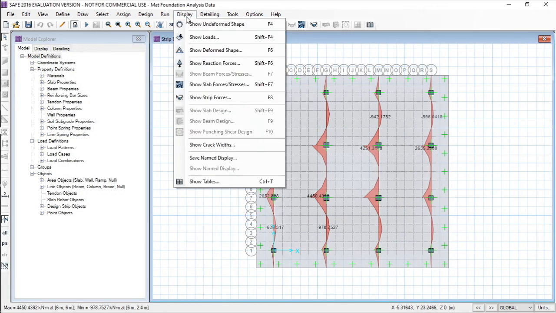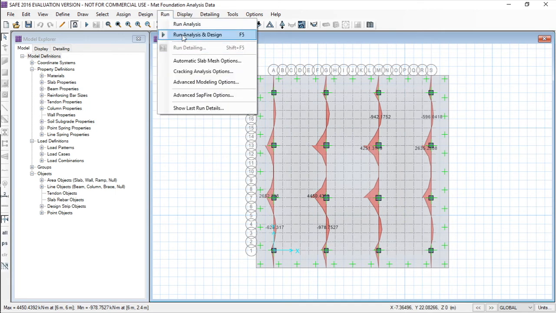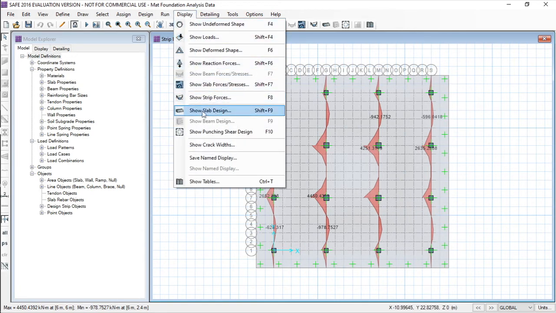For the other results, just run analysis and design strips. Okay, all done. Now go to display and go to show slab design.